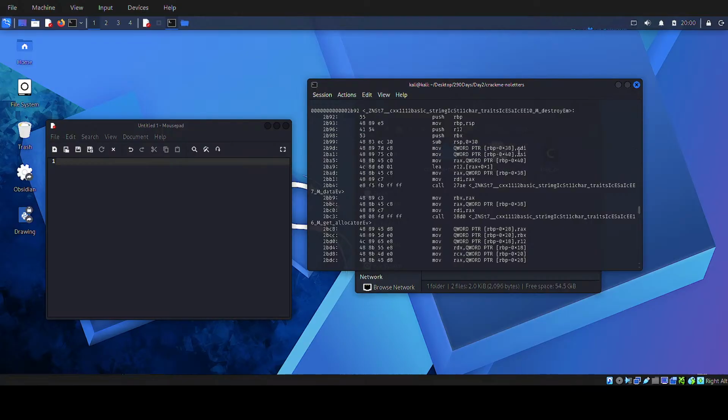It subtracts 30. Okay. And allocates 30 bytes of space, or hex 30 bytes of space, which would be 16 times 3, which is 48 bytes of space. And then it proceeds to move RBP into RSP, right? And then it pushes R12 and pushes RBX,